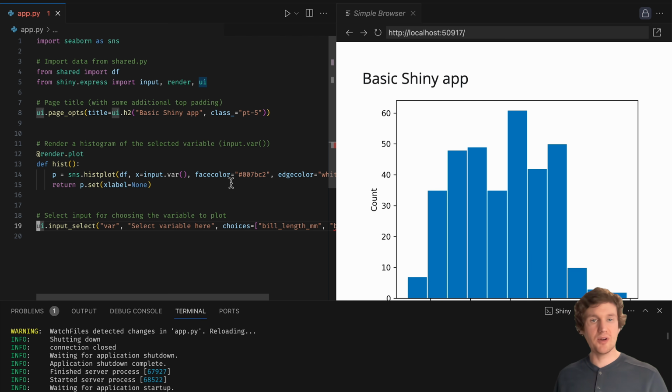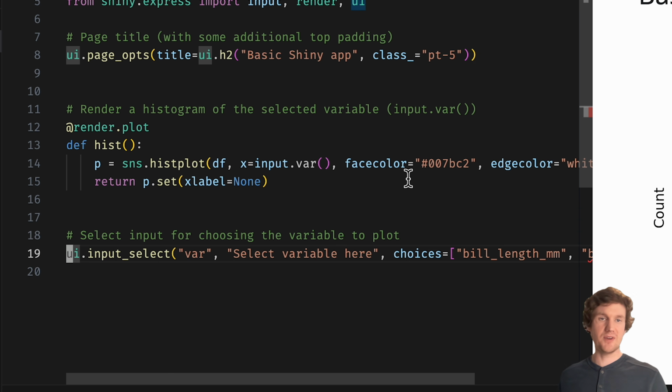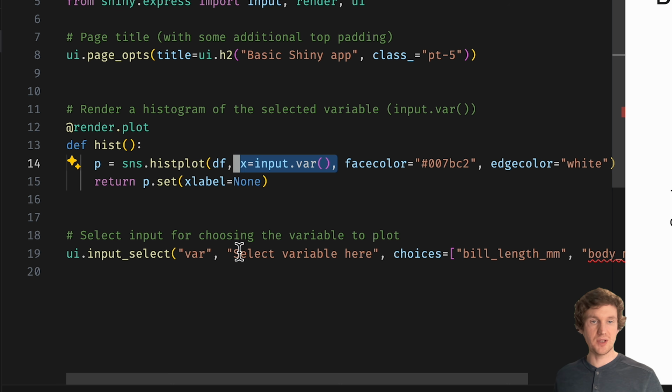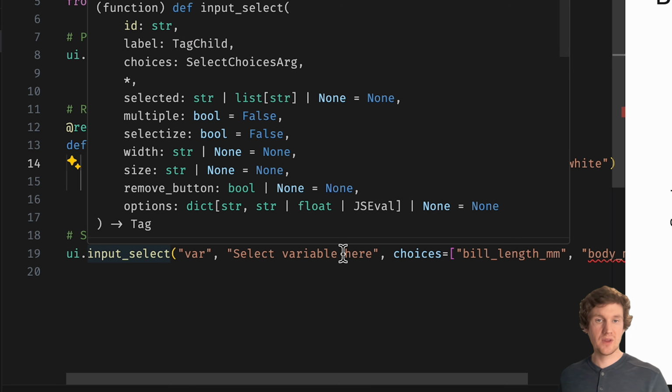But really what I want to focus on here with this application is, at a very high level, we just have a page title here. We have some code to render a histogram, and that histogram is reactively reading the variable from the data set that we want to be visualizing. So here, this input.var is referencing this input select down here.